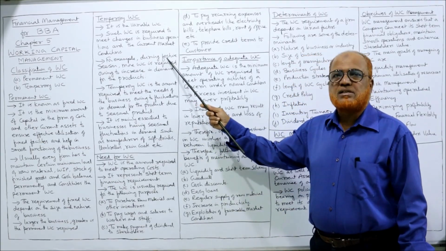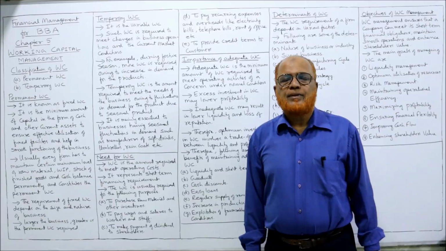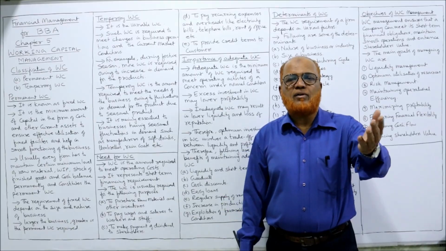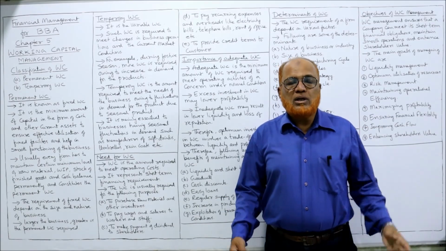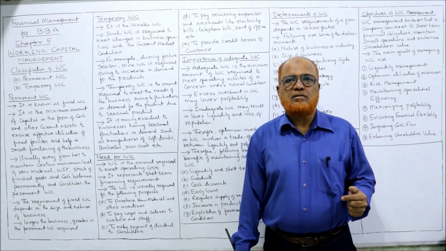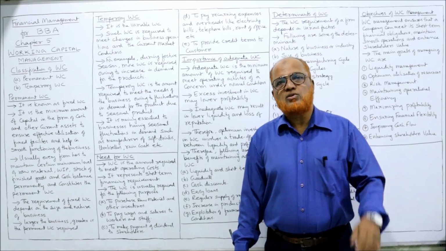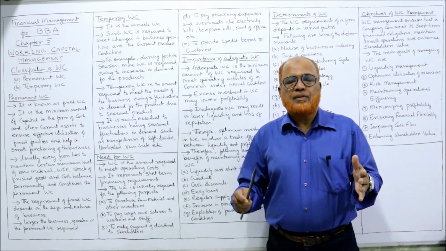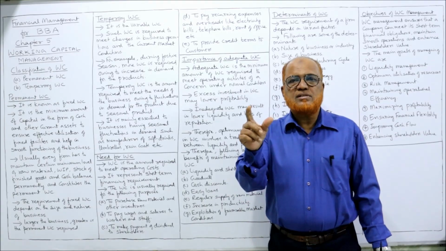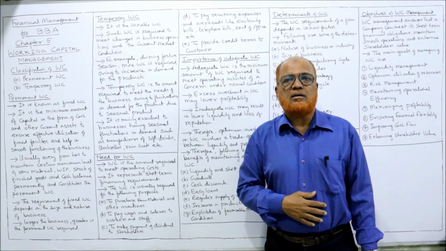Now, for example, during festive season, more working capital is required owing to increase in demand for the product. Festivals. Normally people will enjoy, people will celebrate the festivals. During this time the demand for goods and services will increase. For example, during Christmas period, the Christians will celebrate Christmas, the demand for products will increase. Similarly, during Diwali, the demand will increase. During Ramadan, the demand will increase. So during festive season, the demand for goods and services may increase. More working capital is required, right?